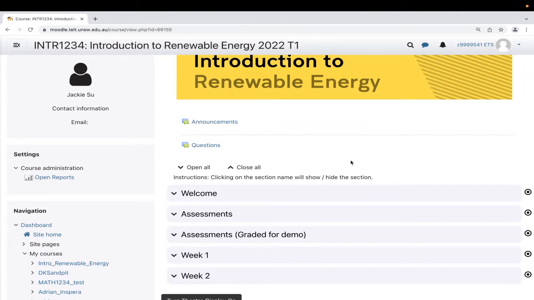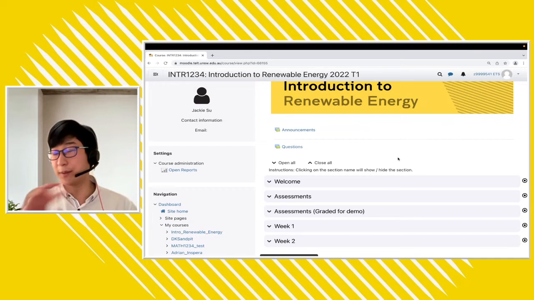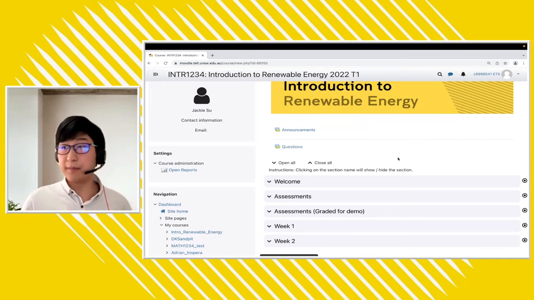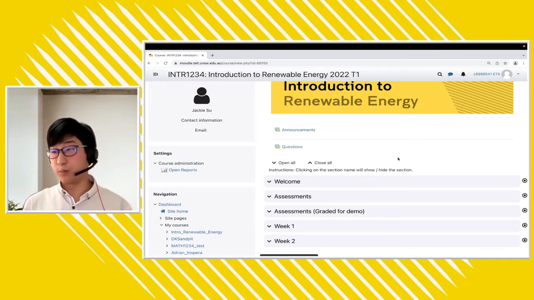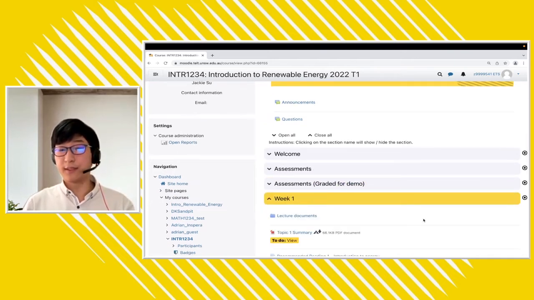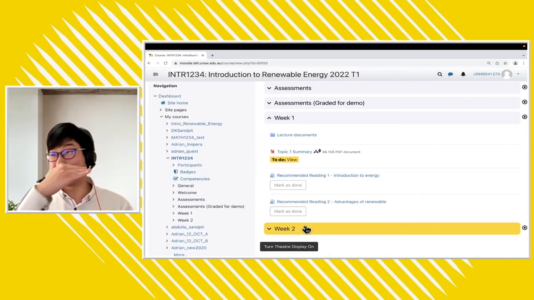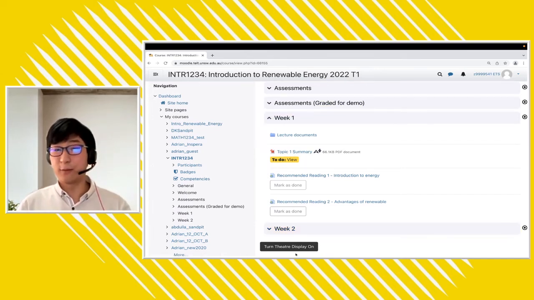So the forum is one of the most common, so I did spend a bit of extra time on it. It is very useful to use in your courses. What I want to show as well are some things that will show up in some courses, and maybe you won't see them in some others, but these are quite important nevertheless. So let's skip assessments for now since it's a bit important and we'll talk about it last. But let's go over to week 1, for example, in our course. And notice how we only have week 1 and 2. In some courses, they tend to give you these extra weeks as the weeks come by. So let's pretend we are in week 2 of our course.